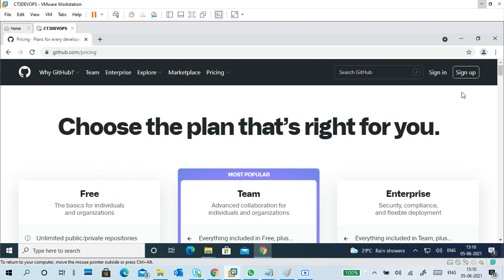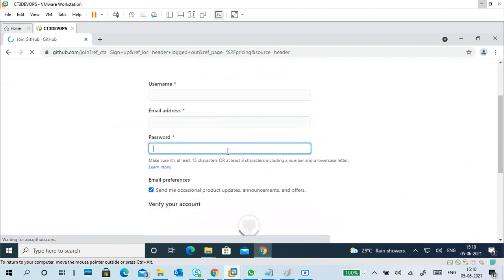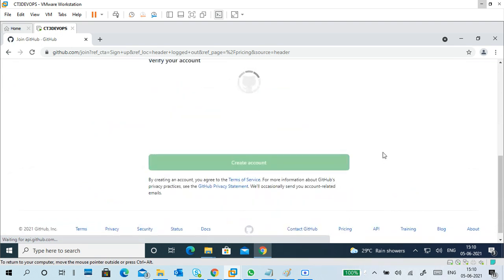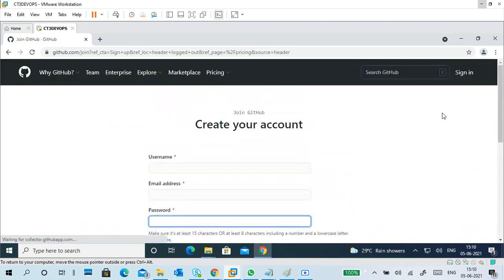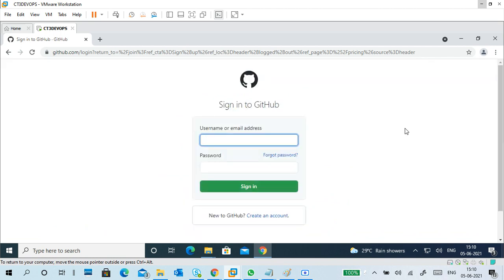You can use mine also. If you want to create an account, click on sign up, give a username, email id, and password, and it will verify your account and you will get a verification mail. Important: I will share my password, but don't log into my GitHub.